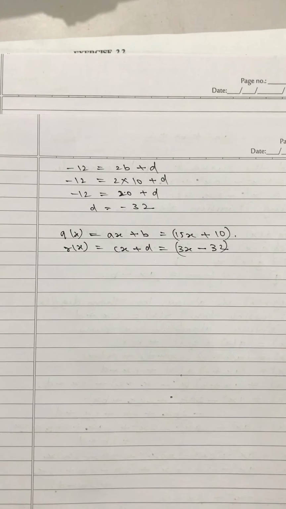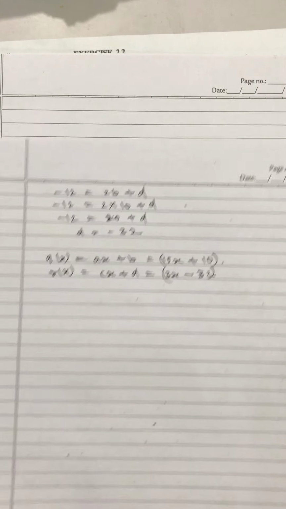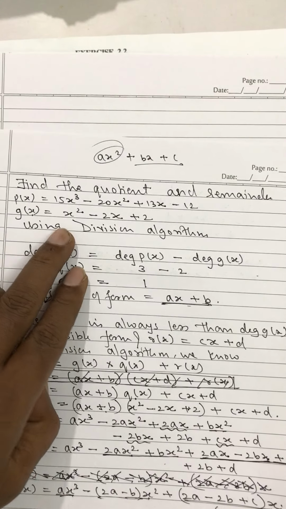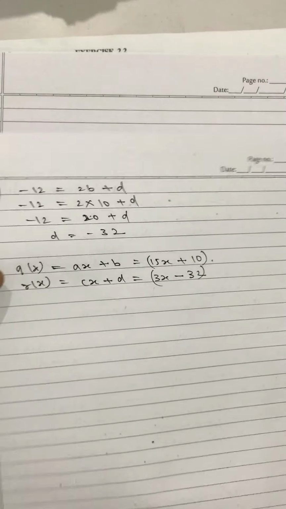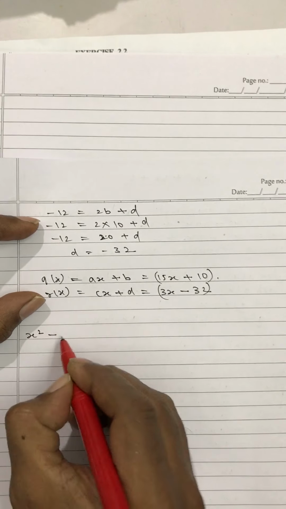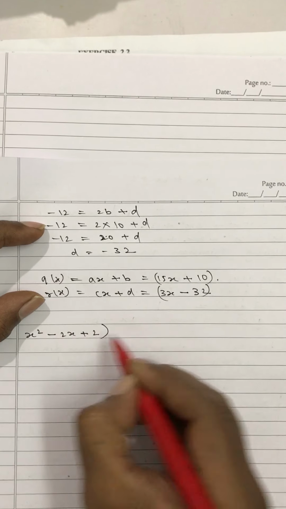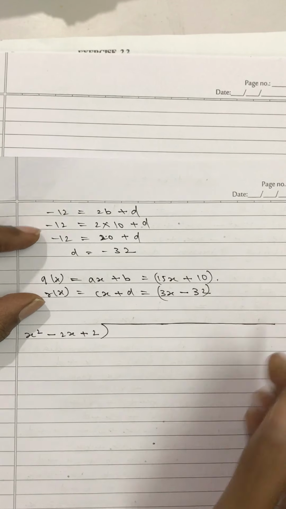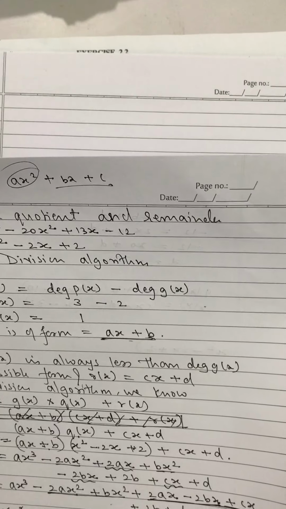Okay, my dear students, if you go and divide this by that method, 15x cube minus 20x square, I will do that also for you. Let's do it, it is fun to do. Divide by x square minus 2x plus 2. Otherwise you can do it. I am leaving it for you all for homework. You also try a bit.